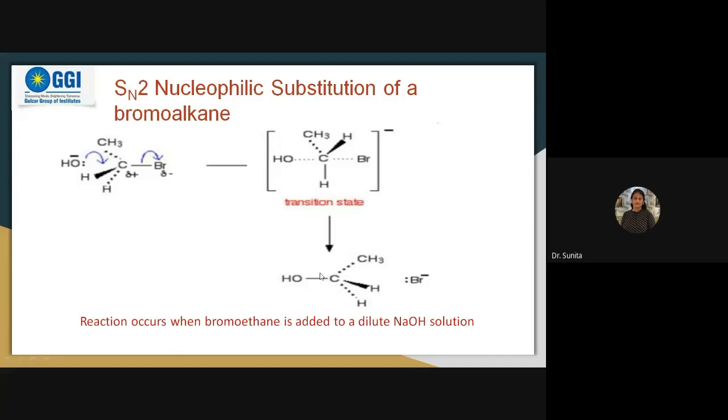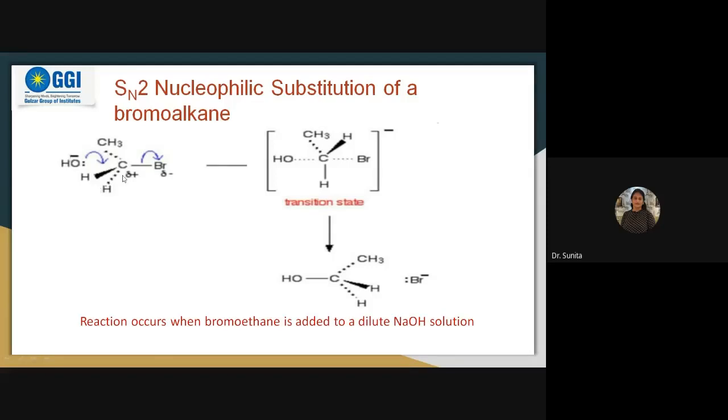Have you seen your umbrella? If you are holding an umbrella over your head, sometimes due to air pressure our umbrella goes upward. What will happen in that case? The upper part of the umbrella goes towards the upper side, facing the sky. So in this case, as the nucleophile has attacked over here, the inversion of the geometry takes place. You can see the groups got inverted.